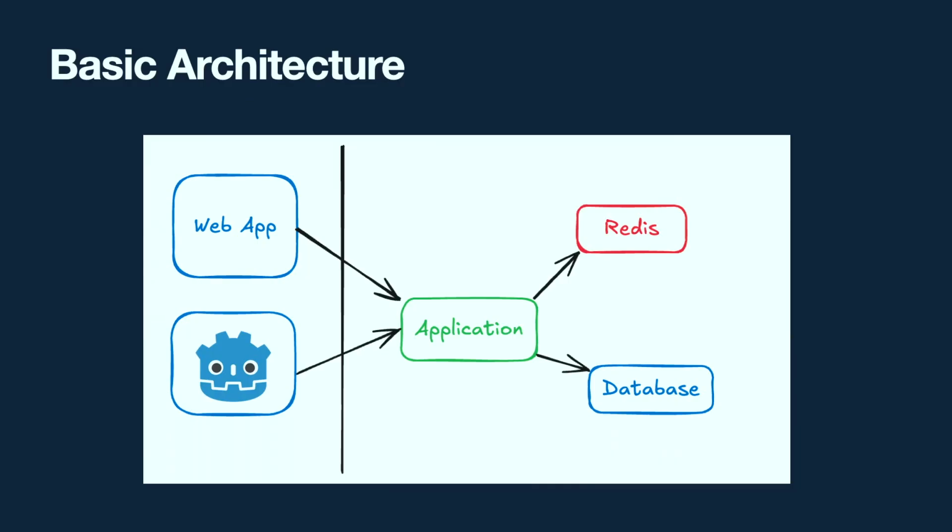So how does the usual server application look? On the client side, we have a web application, like for admin panels, I like to use it, or the Godot game we are developing. But on the server side, that's why we have the straight line here, what I most see is I have an application, I have something for in-memory caching, like Redis, for server or session handling, and I have a database. This is the most common setup you have.